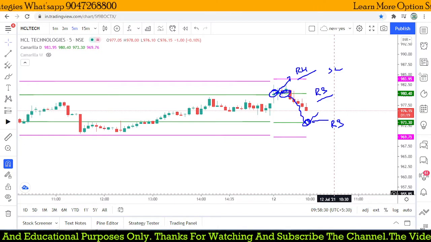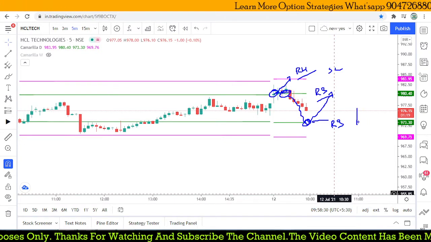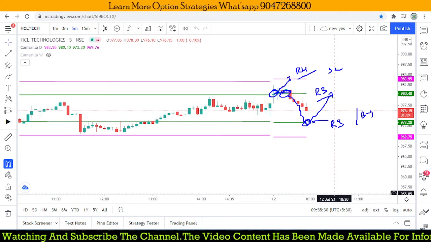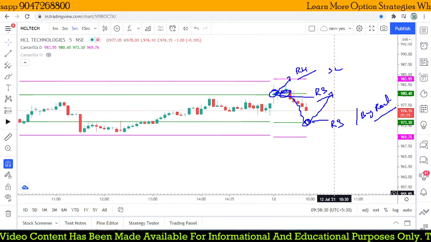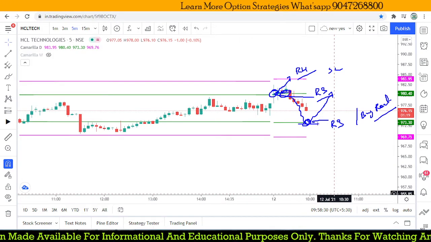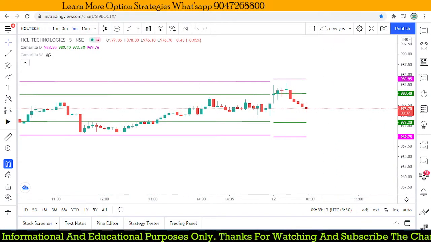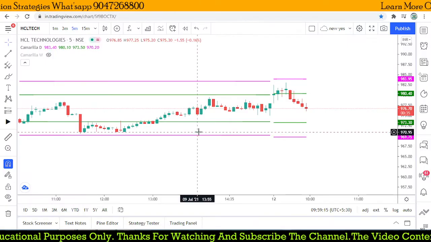Again, we can try to buy a pullback at this point. So we can take a buy reversal on this particular point of trade. If you are not able to take this position, we can wait for a reversal trade at this point. That is one outside candle, and another one is Dabur